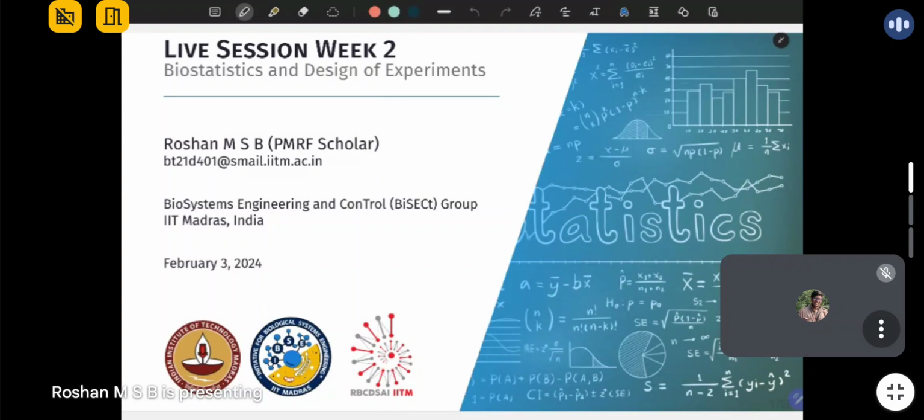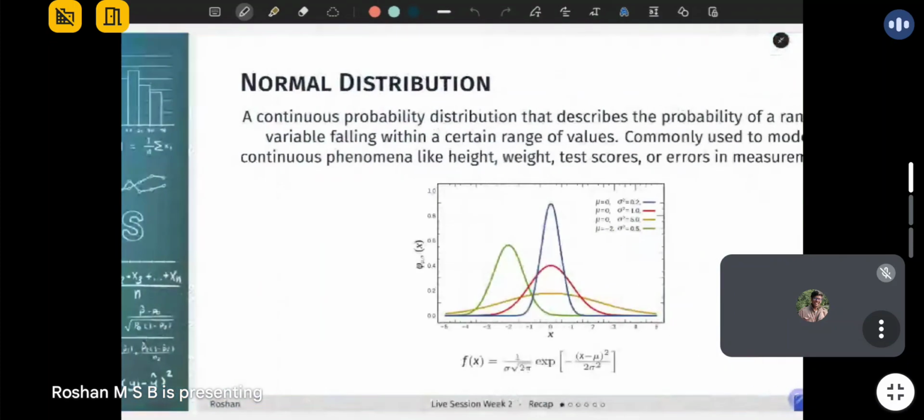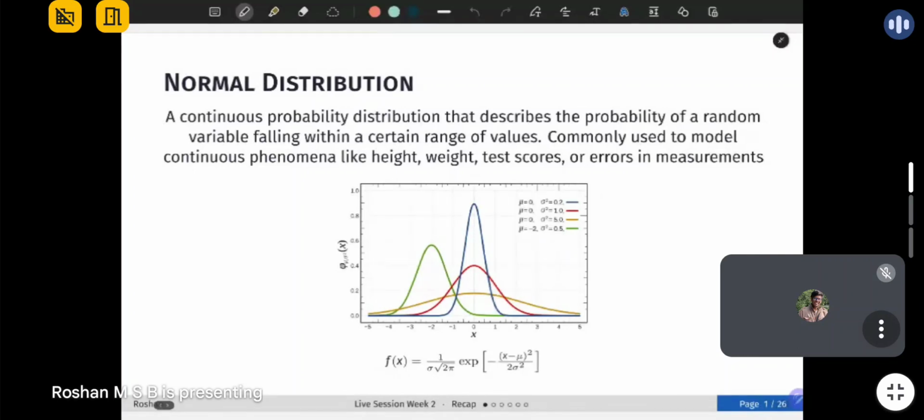So this is a live session for the second week, and in this week we'll be dealing with statistical tests. Okay. Specifically, the t-test, and again we will be learning about one-tail, two-tail, two-sample, one-sample t-tests, and everything. Okay. So just to give a recap,